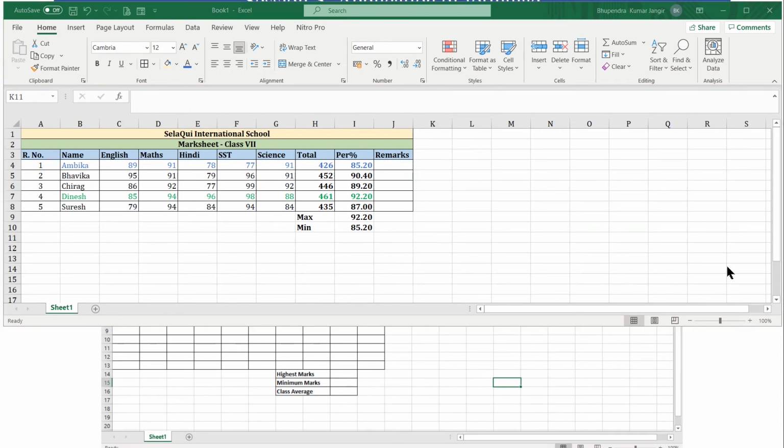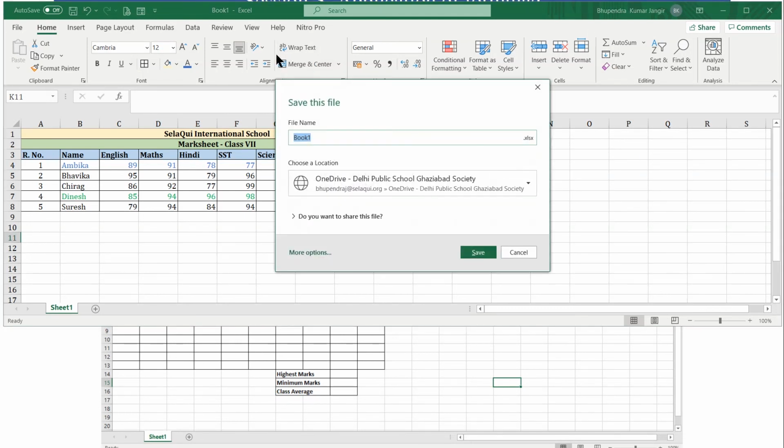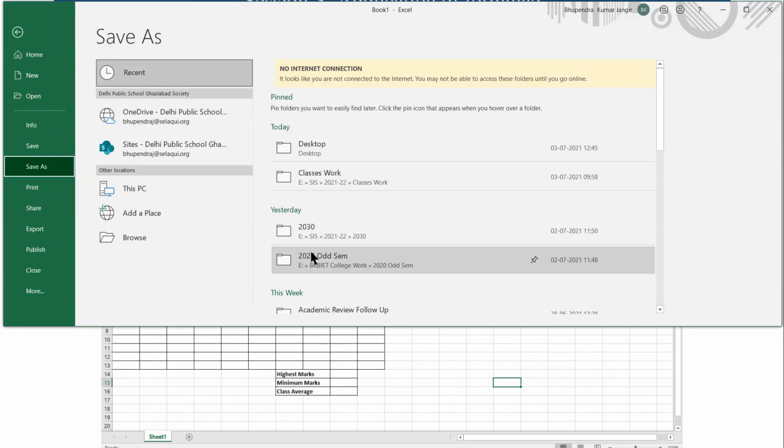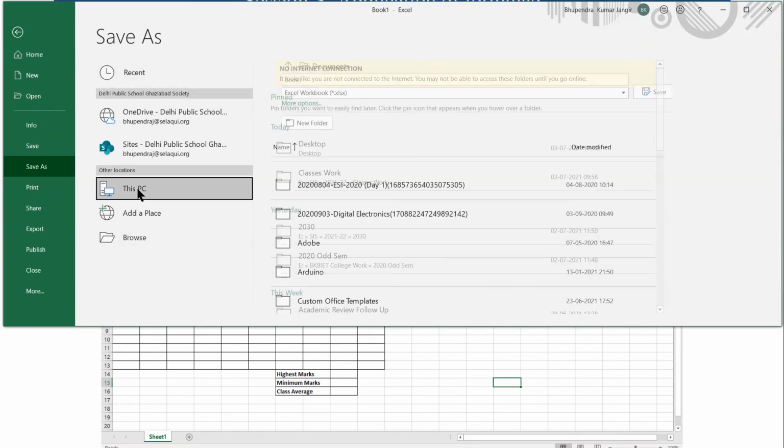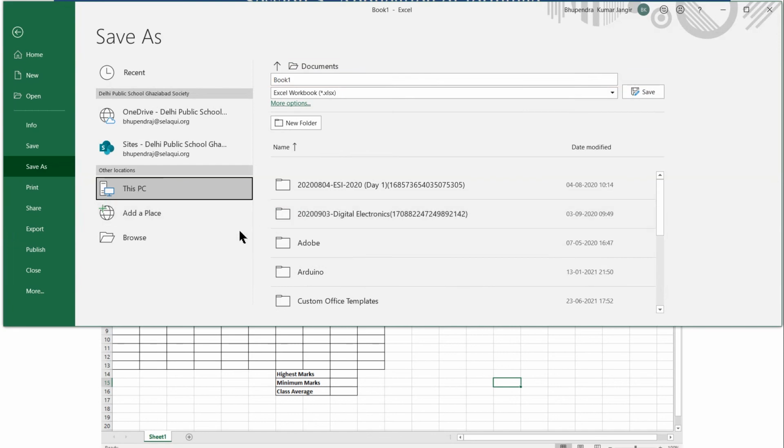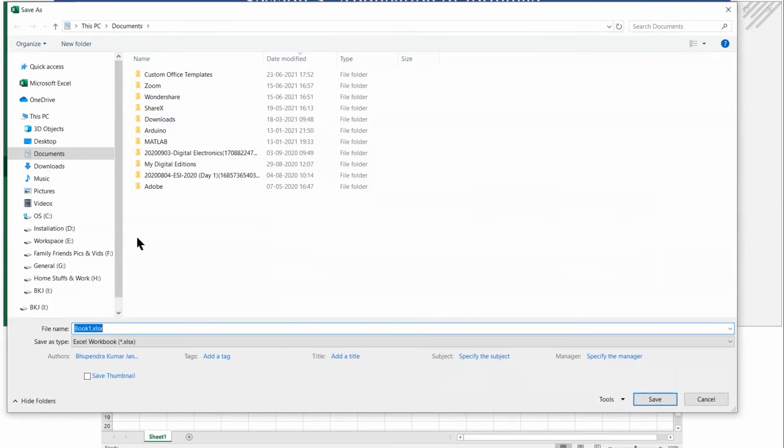One thing I missed. Can somebody tell me what that is? Yeah, I forgot to save this file. So first of all it is asking where I have to save, so it is asking for the OneDrive, but I can choose my local disk also. By looking at the more options, I can go to This PC, or I can browse my locations from this also, browse.